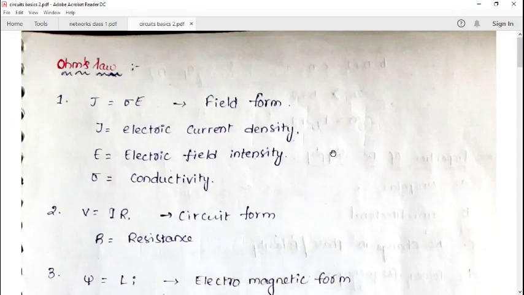In this video, we are going to discuss fundamental laws of electrical engineering, that is Ohm's law and Kirchhoff laws. So let us start with Ohm's law, and I think everybody is familiar with it. I have given different forms of Ohm's law, which is very important for 1 mark questions in competitive exams. So let us define Ohm's law then. Ohm's law can be defined as at a constant temperature, voltage is directly proportional to current through the conductor.